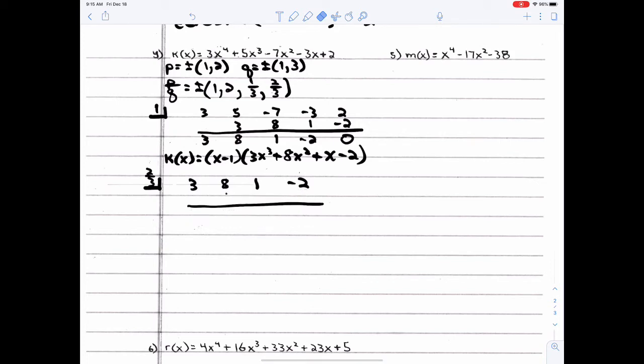You know, the worst is when you go through all this and none of them work. So let's try -2/3. So we got 3, -2. So that would give us 6. And then that would give us -4, -3. And that one works. Lo and behold. So we have k of x